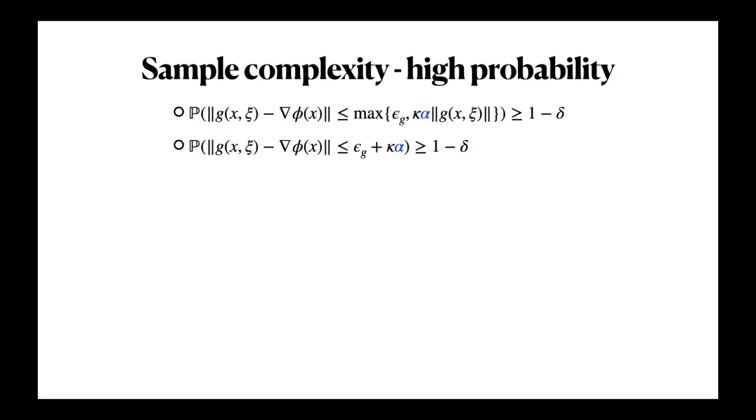Okay, so one last thing I want to talk about is the sample complexity result. We'll also be able to analyze and give a general framework for the sample complexity results in high probability. So here are the two examples we've seen before. Essentially, these are the conditions or requirements for the gradient estimates or the first order oracles. It basically says with a certain probability, we want our error in the gradient estimate to be upper bounded by